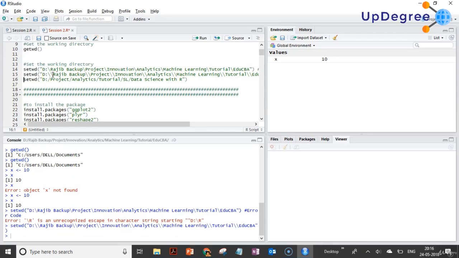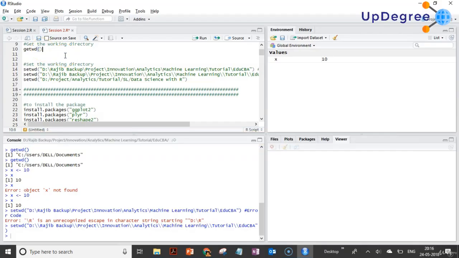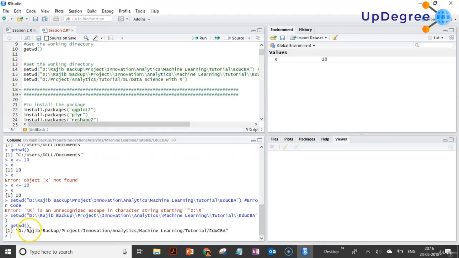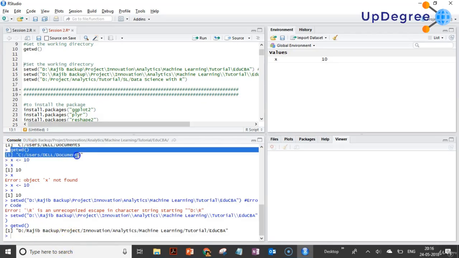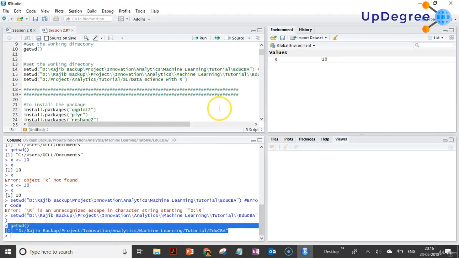Yeah, so once you do this, your working directory is now set to that folder. Now if you again run, where is my working directory? Now your working directory has been changed. So earlier you had the working directory in the C drive, now you have changed it to the new one. So from now on, if you want to save some file, or you want to import one file from that folder, you can do it. We'll be learning how to import different kinds of files in subsequent videos, but as of now